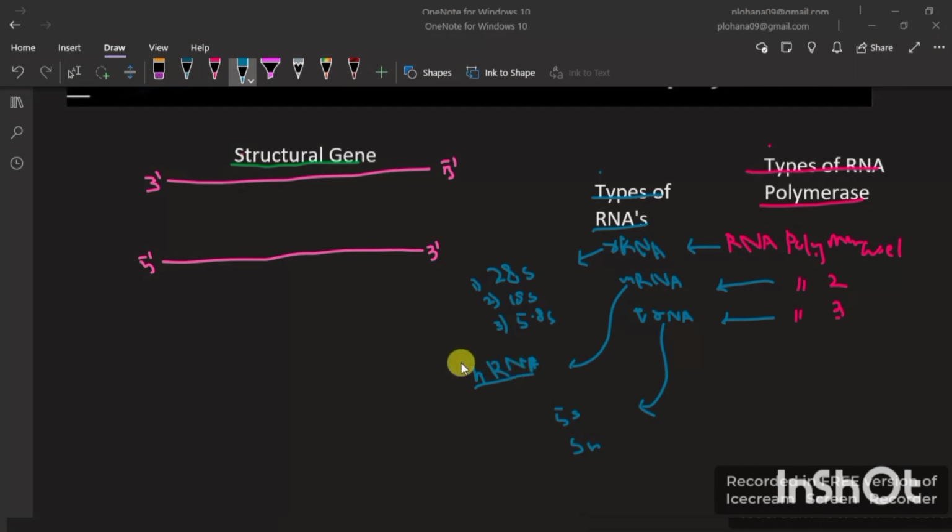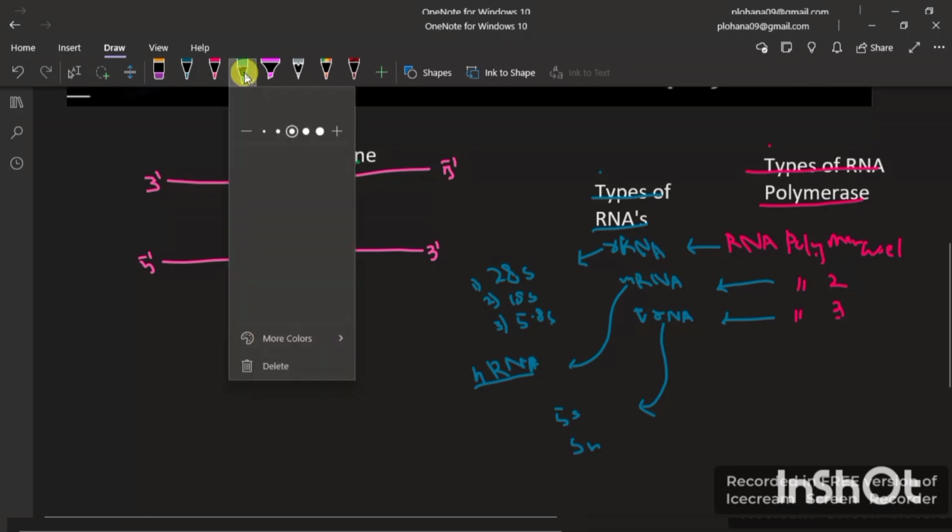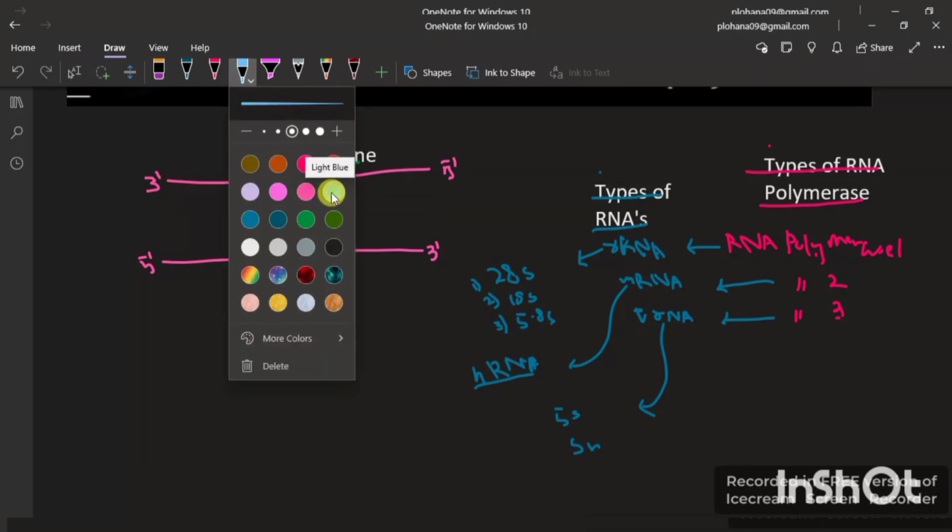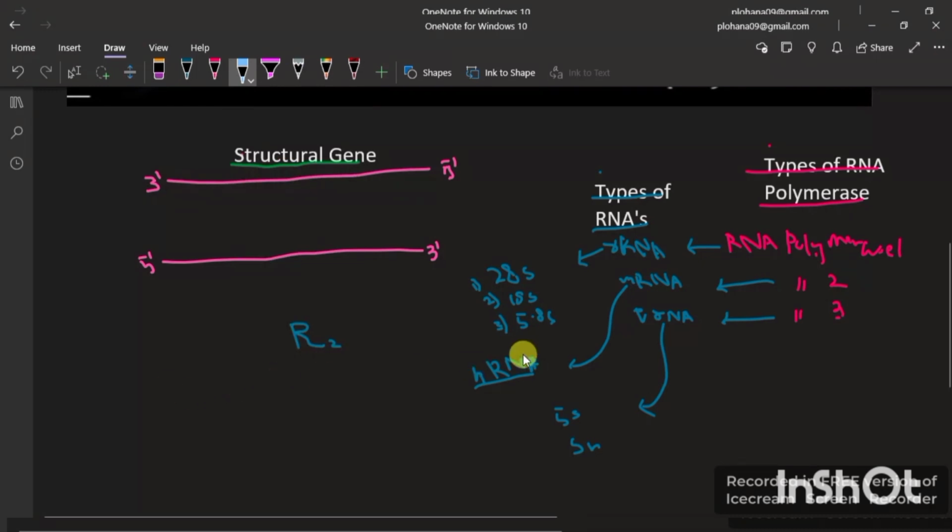Alright. Okay, so now we are going towards the process transcription, like how RNA is made from the DNA. Alright, as I told you, this is the structural gene we have, and this is we have RNA polymerase 2. Because I am going to make here the mRNA first. As we know that mRNA will not be made, but instead hRNA will be made. Then we will be modifying hRNA and we will be converting that hRNA into mRNA. Alright. So here I have taken R2, which is RNA polymerase 2, because we know that RNA polymerase 2 will be forming what? Will be forming mRNA. First of all, it will be forming hRNA.